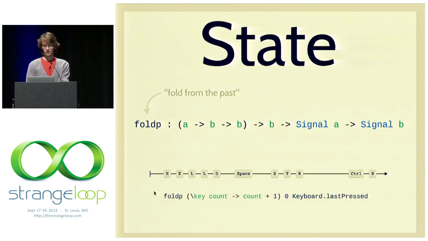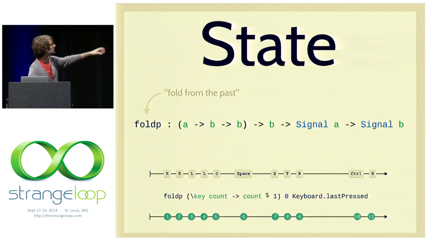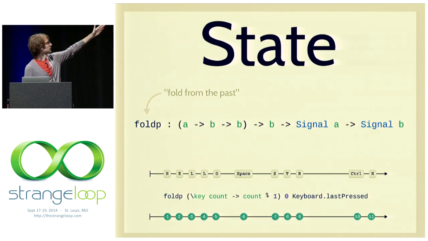And when we actually use foldp, we're going to give it a starting state. This is this guy. And a way to update that state. So whenever a key press comes in, I'm going to say, OK, cool, I got the key. I got the state that I'm working with. And I increment that by 1. So when we look at the signal that we get out, we count 1, 2, 3, 4, 5, and so on